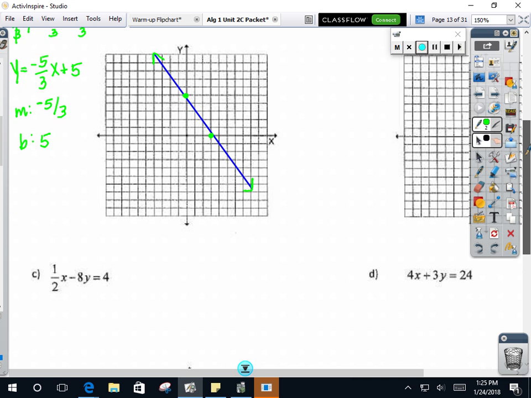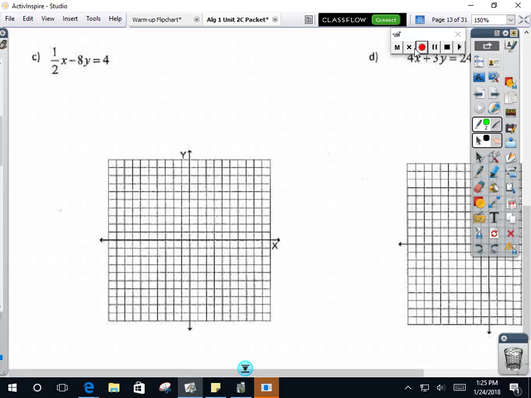Go down to C. Okay, now while I go over C, it's a little more difficult. So I'd rather you just watch, and then I'll give you time to copy. Okay? So Marcus, do you hear me? You're going to have time just to watch, and then you copy later, because this one's a little different and it's not easy. The first thing I'm going to do is get it in y equals mx